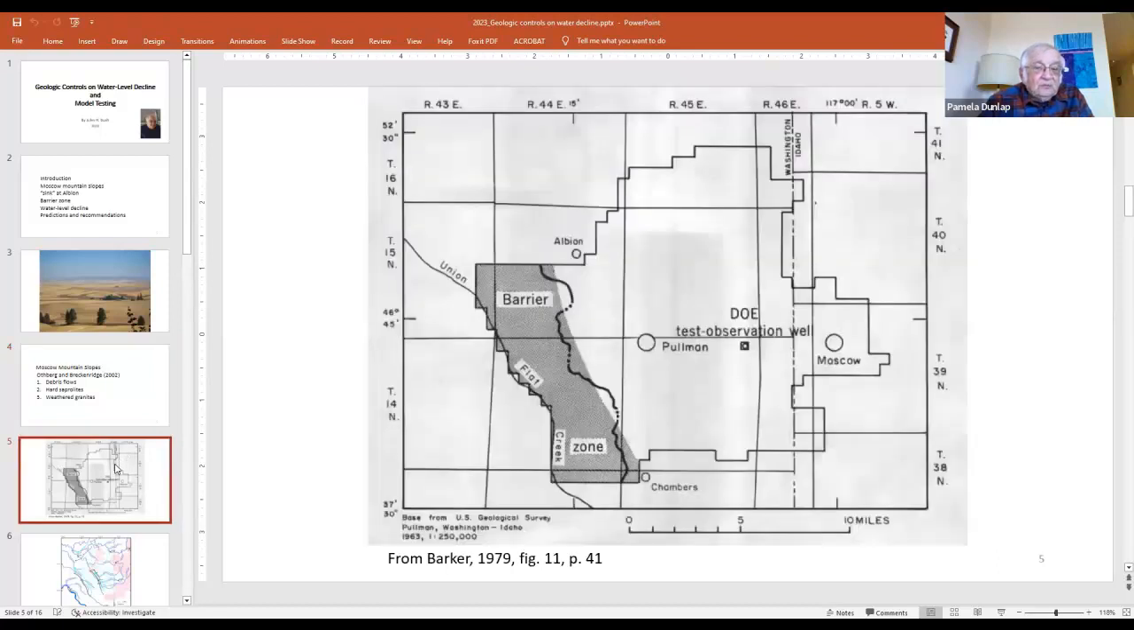Another area that was crucial, I picked out 3 things to think about with the model. Picked out the Moscow Mountain slopes, and I thought, well, the barrier zone is something that's important to the model. So I re-looked at the barrier zone. Now, for those that have forgotten, the barrier zone starts somewhere in Pullman and goes out into the Union Flat